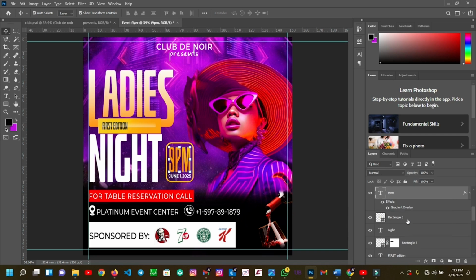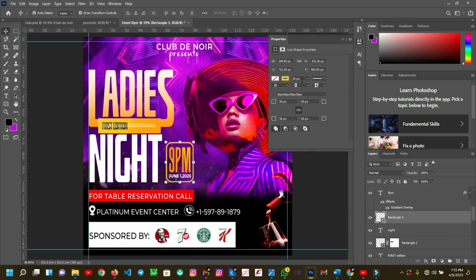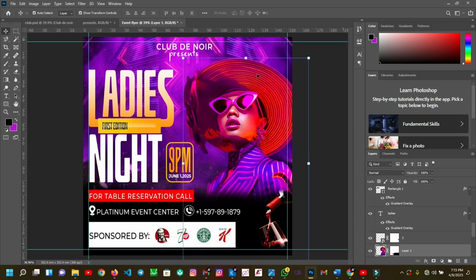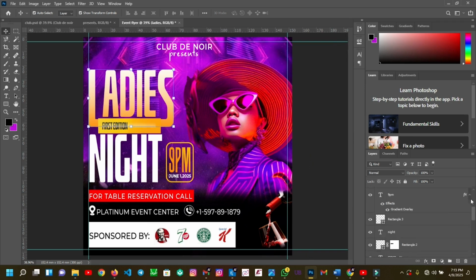So guys, let's come to this rectangle and reduce the size of the stroke a little bit. So now it's okay. So what we do next is we'll